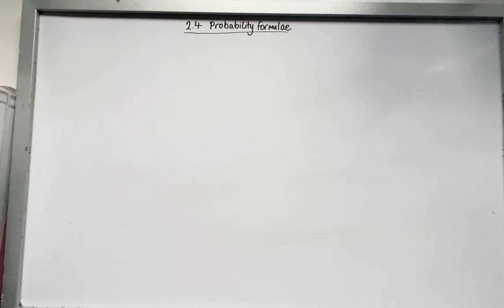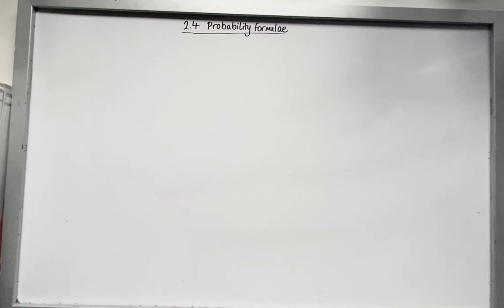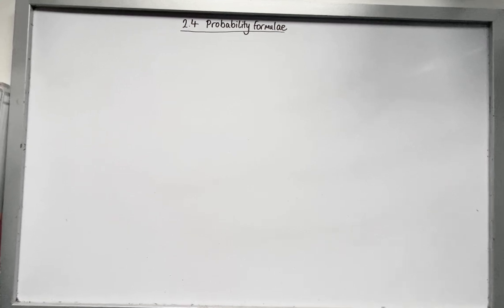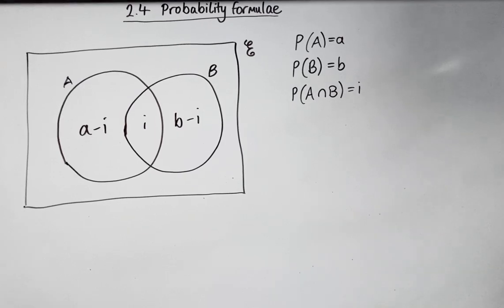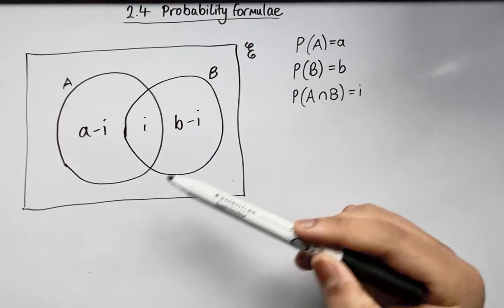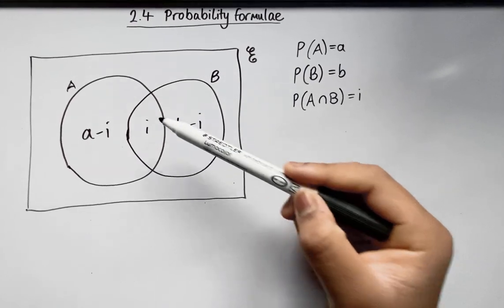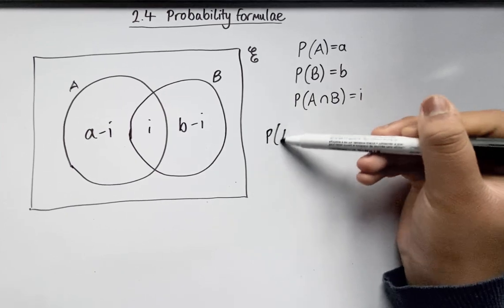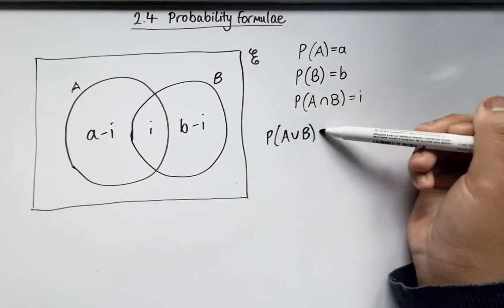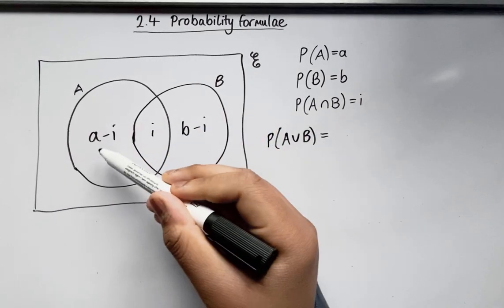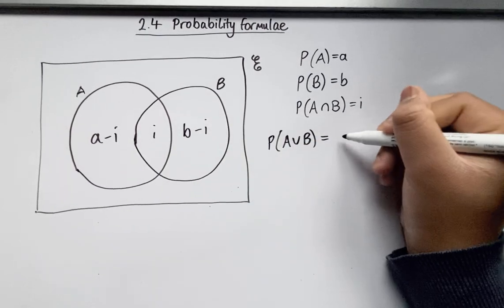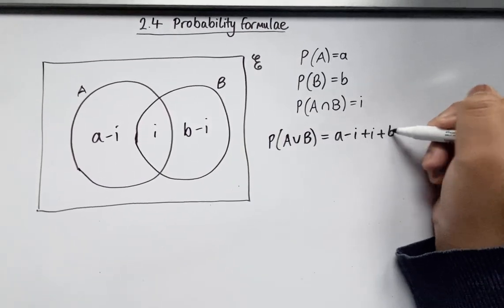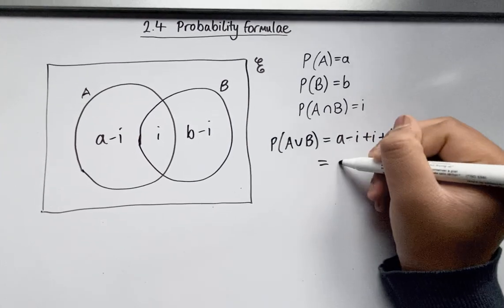Lesson 4. Probability Formulae. There is a formula that you can use for two events to link the probability of their union and their intersection. If we have the probability of A is equal to A, the probability of B is equal to B, and the probability of the intersection is equal to I, then the probability of A or B will be equal to all three parts added together, which would be A minus I plus B minus I, which will be A plus